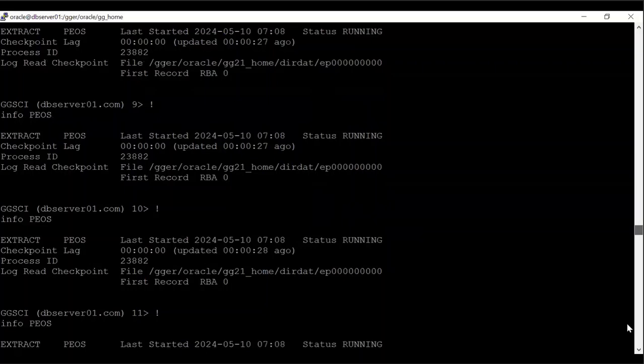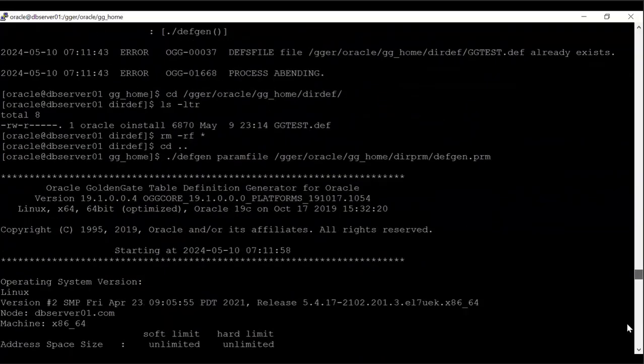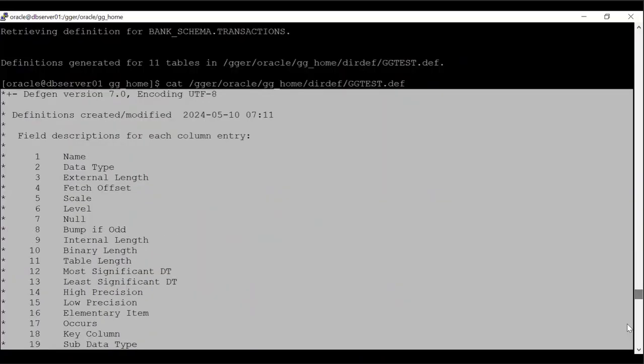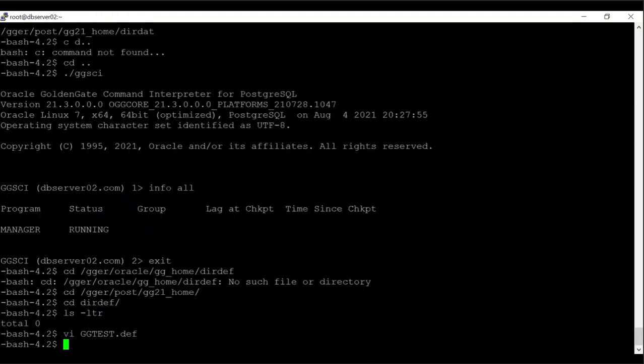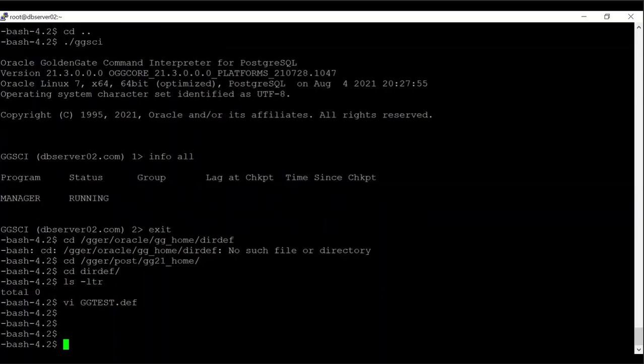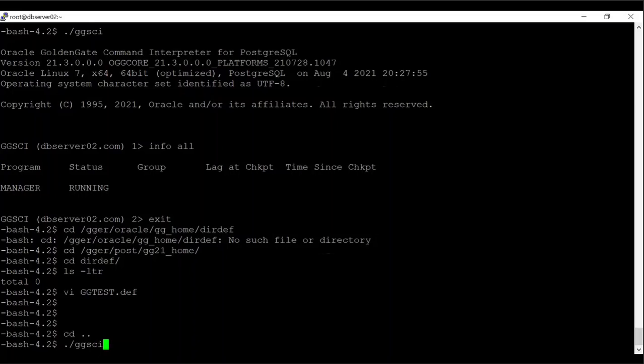So all this content I have copied, right? Whatever the def file has generated, everything I have captured and copied to the target Postgres side. This is a very important step because your replicate has to understand this def file, and only then will it start replicating. So for heterogeneous migration, this is a mandatory and important thing. So I have my def file. Now what I'm going to do is